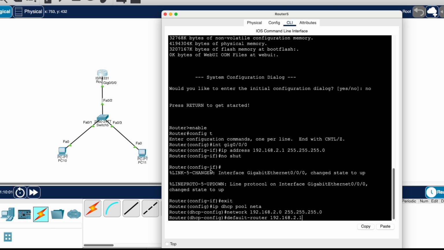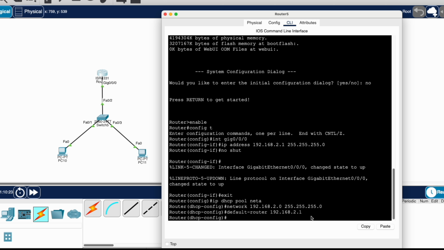Like I could have pointed it to a different interface. Like this router has many different interfaces, but I pointed to the interface that I've already set up with this IP, 192.168.2.1. If I didn't do this, the router wouldn't know which interface to go to. Okay, so I'll just hit enter right now, and that's set up. That's it. So I'll just type exit,